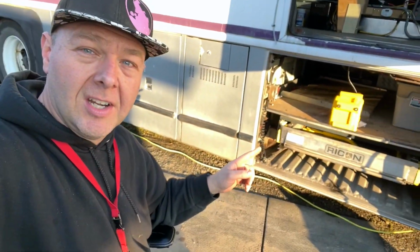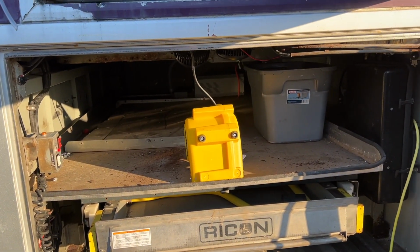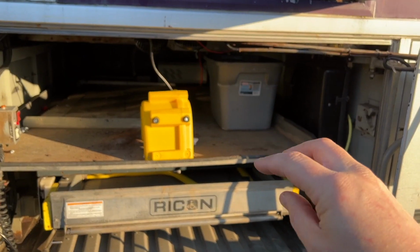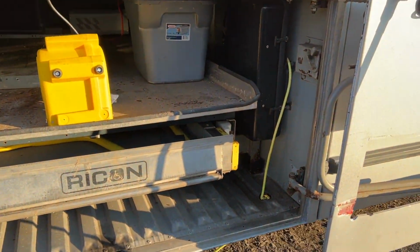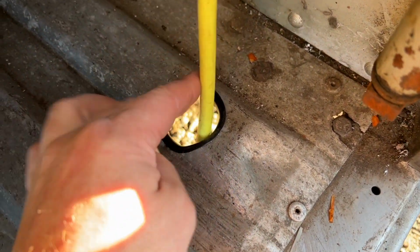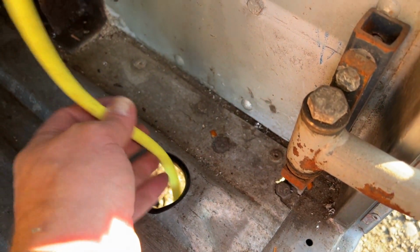It's just before sunset here now, and well, I went ahead and moved some of our power feed stuff. Actually, let me show you. So the inverter and everything and all the batteries are way back in there on the other side. And just temporarily, until I get the shore power electrical system installed, I still need to have an extension cord to run a few things in here. So what I did was drill a hole down here, and I cut a hose to put around the sharp edges so it's not going to cut the cord. And this cord,